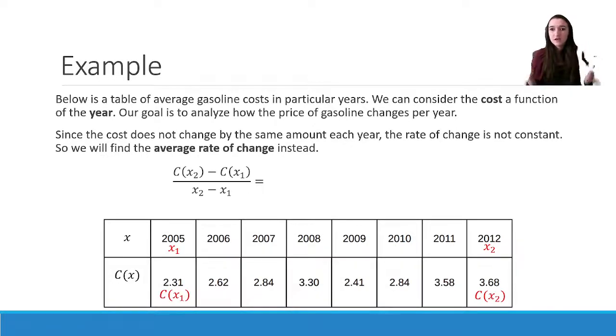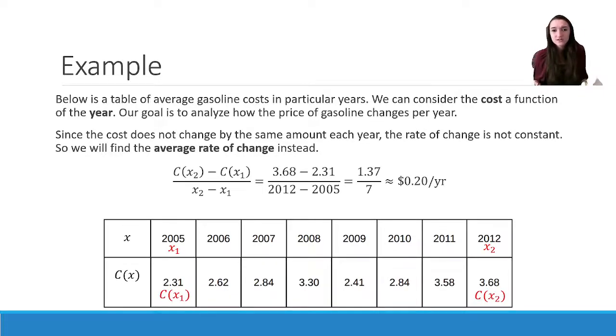And I've just picked the 2 endpoints, because if I want to know what's happening on average between 2005 and 2012, I start from 2005, end at 2012. So x1 is 2005, x2 is 2012, and I'm going to plug these points in. So when I do that, I get my 2012 value is $3.68 minus the 2005 value of $2.31 over 2012 minus 2005. In other words, over those 7 years,